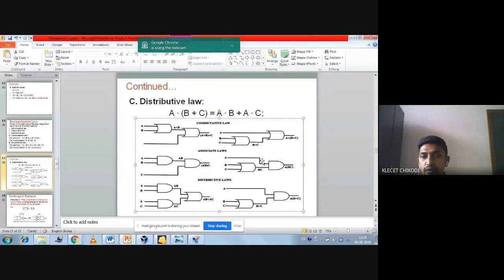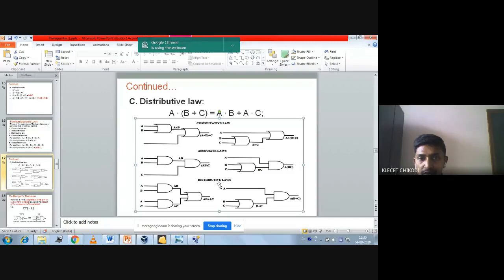Similarly, they have done that with B and C instead of A and B. Again, they have made it wrong. It should be an AND gate only here also. They have taken the OR gate. It should be an AND gate only here also. Here they are giving B and C, and the A input they are giving directly to the second AND gate, so that we are getting A, B, C as the output.